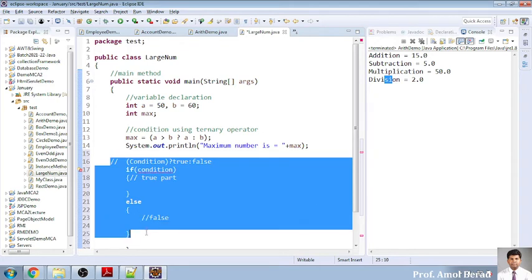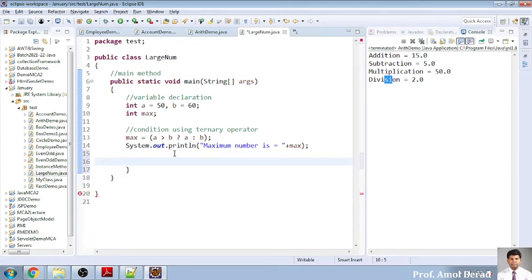So just go for executing this one. Now this is a very simple example, a is 10 and b is 60. So who is the maximum among these? We want to check whether A is maximum, that is, A is greater than B. If it is, then A will be assigned to max. If the condition A is greater than B is false, the second part will be assigned to max.